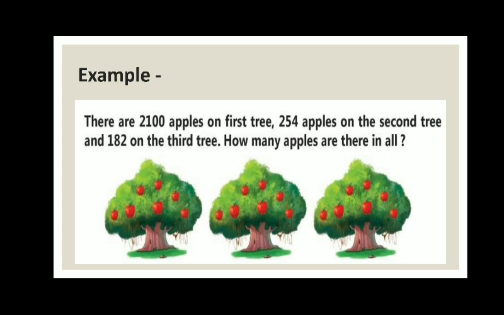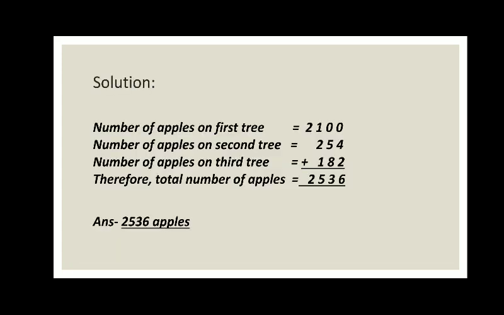So we will gather this information and write it as statements. Number of apples on first tree is equals to 2100. Number of apples on second tree is equals to 254. Number of apples on third tree is equals to 182. Therefore, the total number of apples is equals to 2536. You will get this number when you add up these numbers. Hence, the answer is